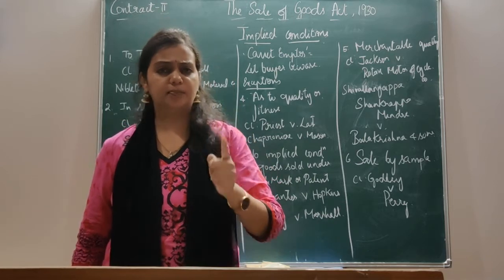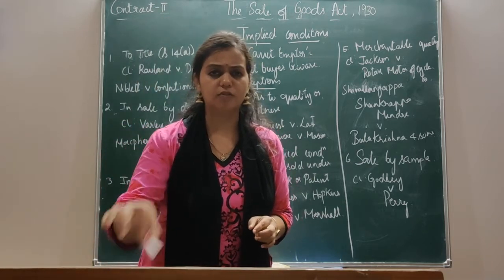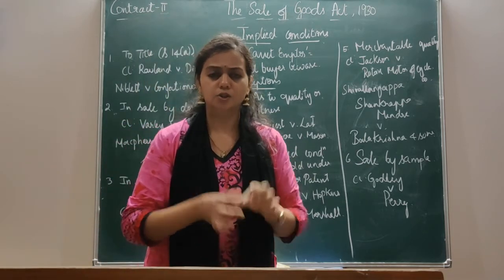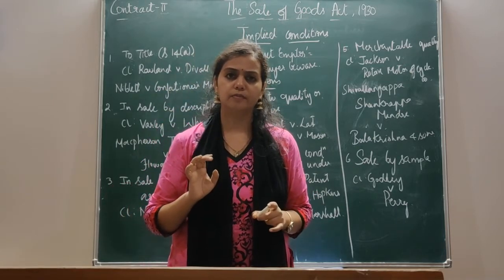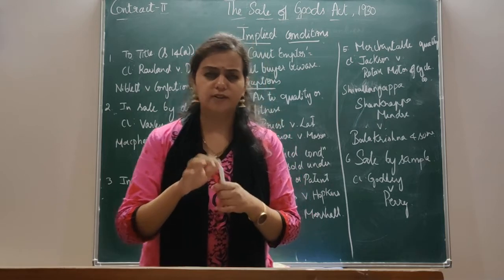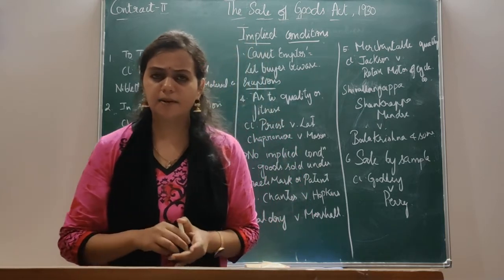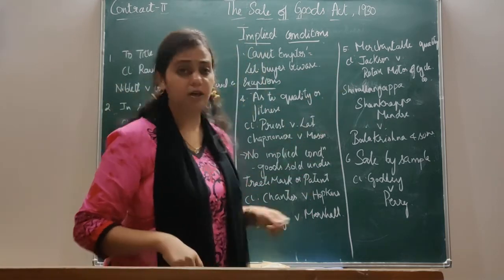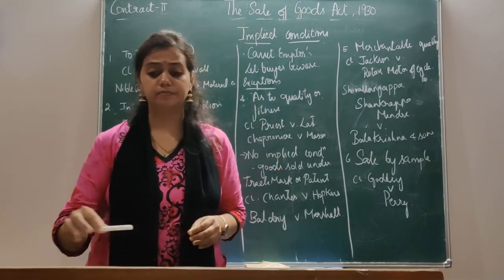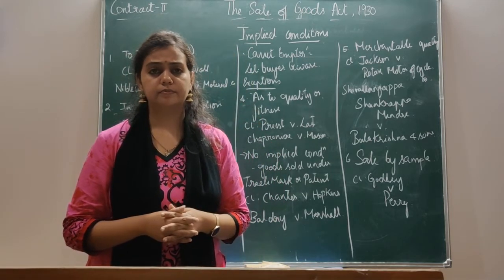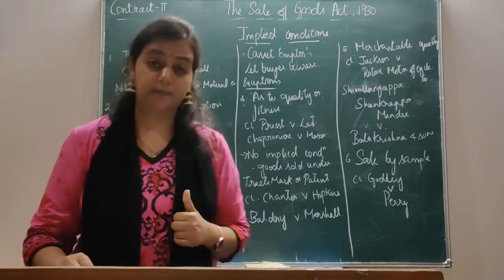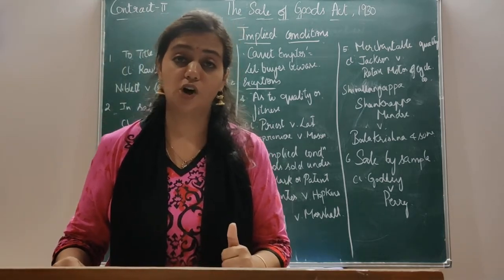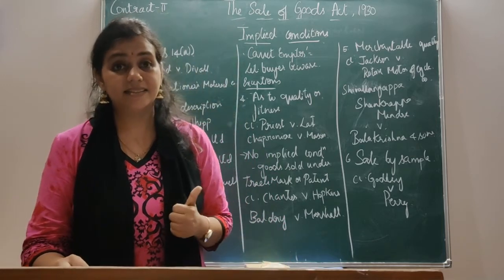See, whatever his purpose is in buying, I am buying this chalk for writing purpose on the board, right? So it should fulfill my purpose. It should write neatly on the board. If at all it is not fulfilling the purpose, is the seller liable for this? As per caveat emptor, no, the seller won't become liable. Under caveat emptor, the buyer has to be cautious while buying,